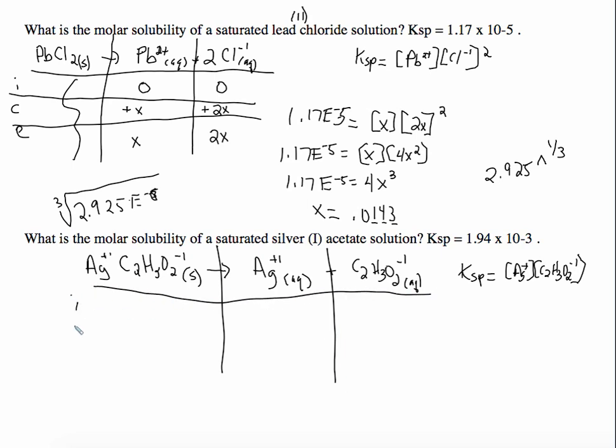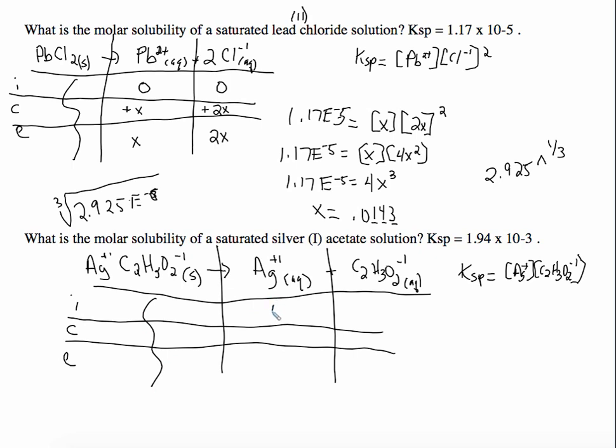We make our ice table as the next step. So we have initial, change, equilibrium. Solids don't matter, remember, in equilibrium expressions. So this is going to go up by x, and this one's going to go up by x. At equilibrium, you're going to have x and x. Then we can plug in our numbers. So 1.94 e to the -3 is equal to x times x, which is x squared. So take the square root of both sides. x is going to equal